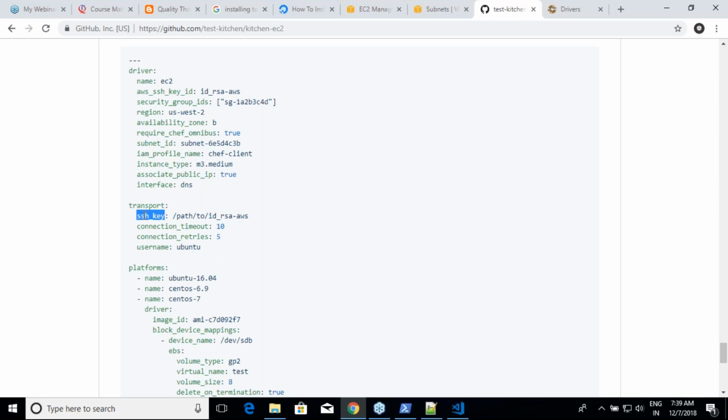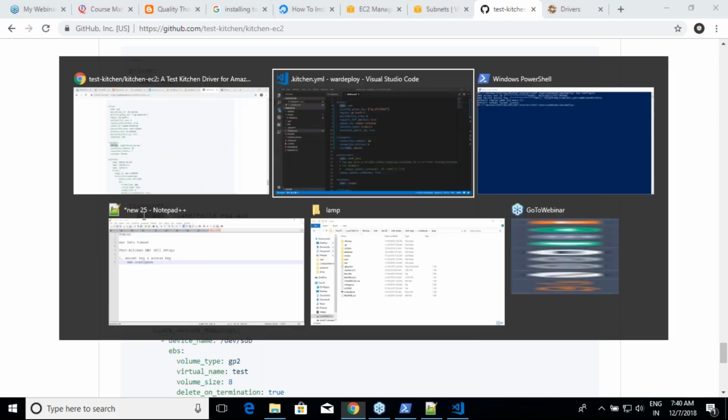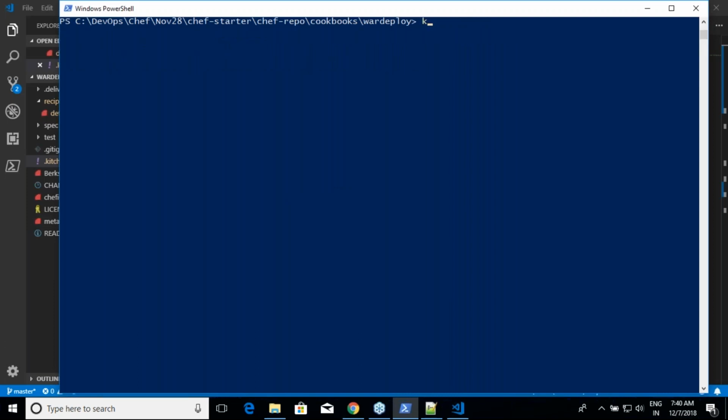So we need to get IDs here, not names. That's the first difficulty. For example, if you are taking an image, I need to know the image ID of the Ubuntu machine. Till now we were just giving names, but I need to get IDs. Security group, not by name, by ID. Subnet, not by name, by ID. Everything you do in this, you go with IDs, right? Now, if everything goes fine, we'll execute one simple statement called kitchen list. We know what kitchen list does. It will verify your .kitchen.yaml and tell you, at least descriptively, what you are trying to do.